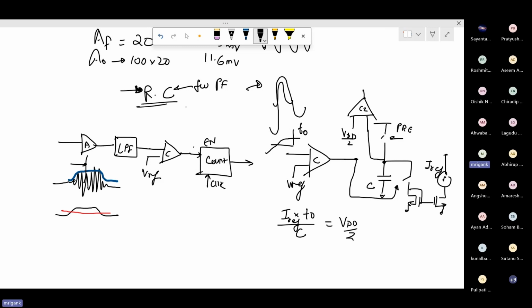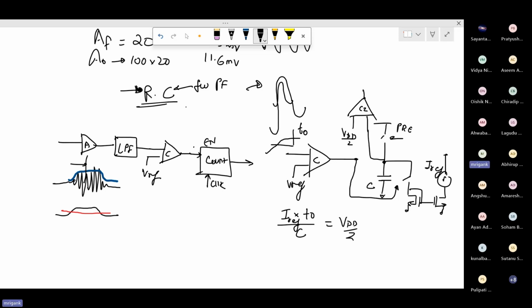Is this clear to all of you? This approach is slightly more involved because you have this RC filter involved, an op amp based filter, and then you need another comparator in the analog domain. If you have to completely do it in the analog domain versus the digital domain, where you have the amplifier, after that directly the comparator, then the counter, plus some additional control loop, the scheme is slightly different in terms of complexity. On the analog side you have added some more complexity, on the digital side you have simplified some more things. So you have to compare which one is better, and compare power consumption, which one is doing better,